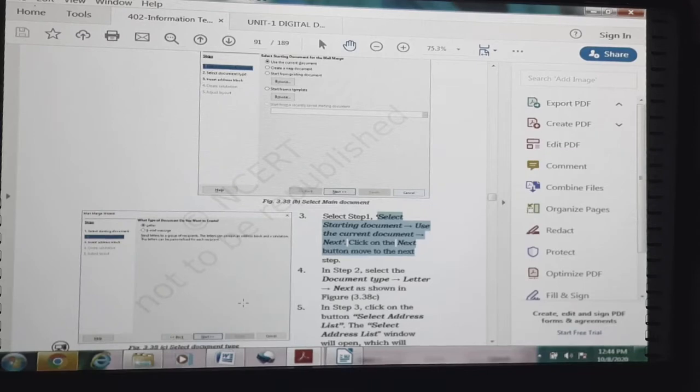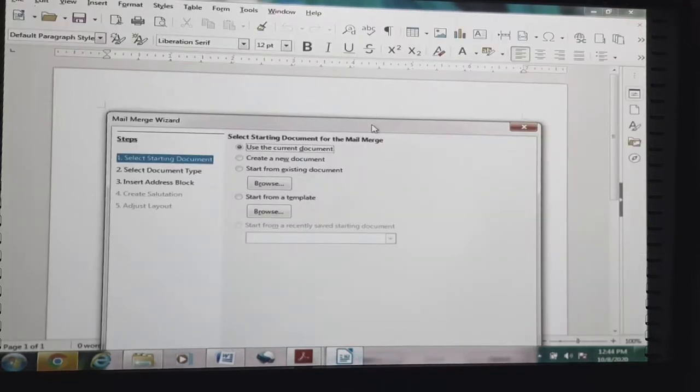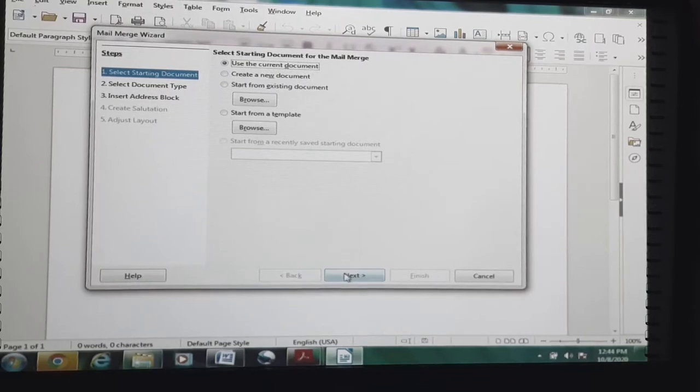Use the current document, then go to next.